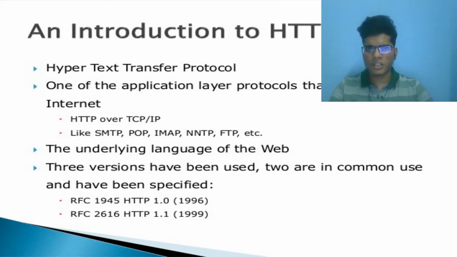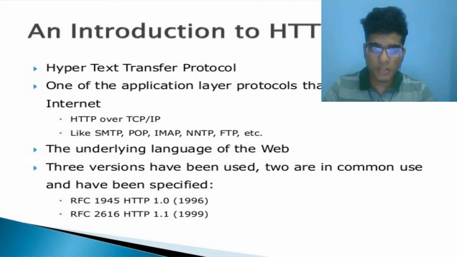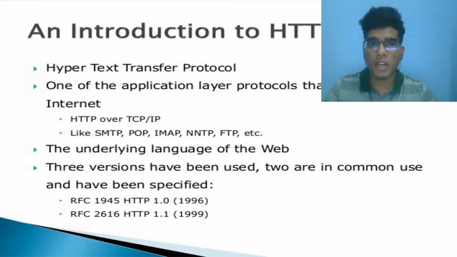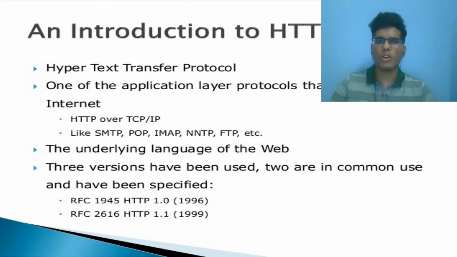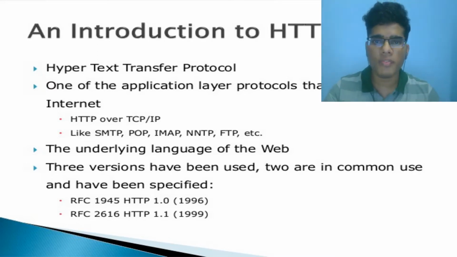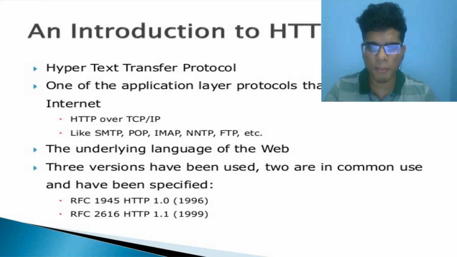Currently there are three versions of HTTP available: HTTP 1, HTTP 1.1 and HTTP 2. HTTP 1.1 is an advanced version of HTTP version 1. HTTP 1.1 can handle multiple requests with a single connection itself. And HTTP version 2 is an even more advanced version of HTTP version 1.1. HTTP version 2 ensures a lower latency between the server and client communication by reducing the size of each and every packet sent to the server from the client. This is done using binary framing of each and every packet.